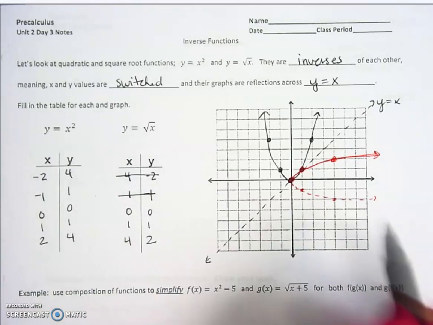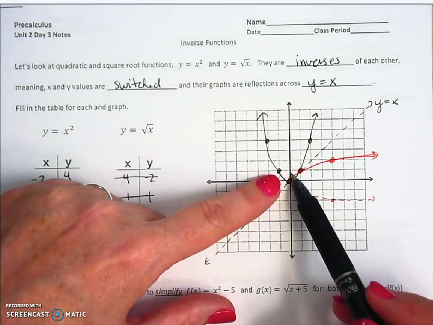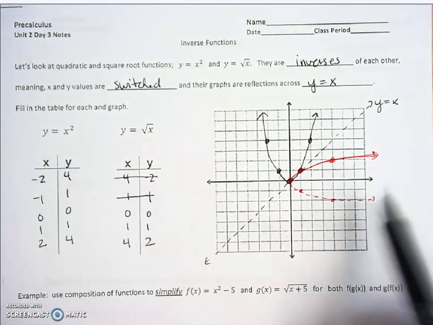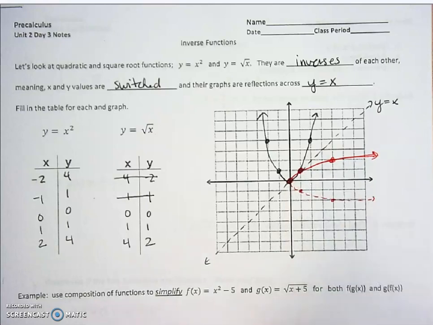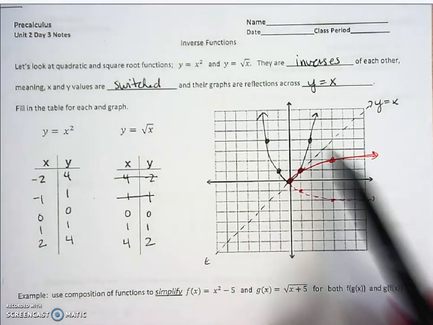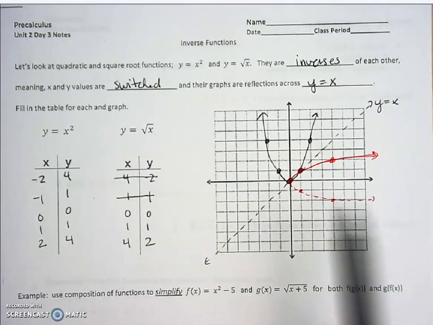So these are actually undefined, but I wanted to preserve the shape to let you see how the original parabola was reflected down here. But really, just the solid one is the square root of x. But the larger picture is just that they are inverses of each other by switching their x's and y's. And here is their graph. What we're going to do in the next section